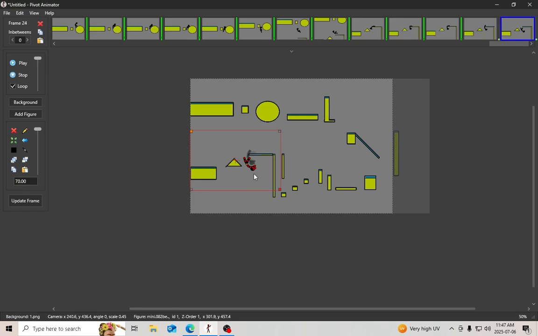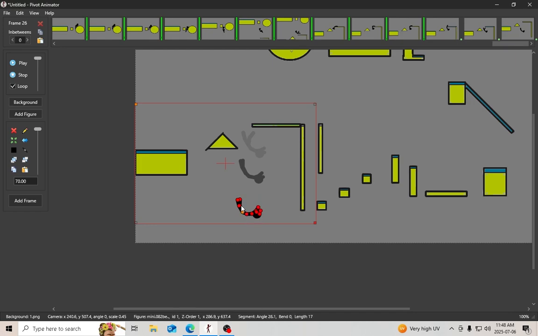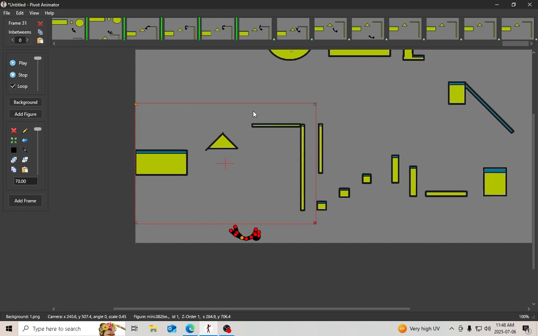I'll finish off the animation now, so this will only be a couple frames. So again, that one will have to be updated, so we're going to update it. Now what we're going to do is push the camera down so you can see him falling. And he's just going to start going down. You'll pick up speed. So the farther you move it away, you'll see that it looks like there's speed building. That's good, there's momentum. And then he falls off the camera. Okay? And then what we can do is just put a bunch of extra frames in there. Select them all. Add 2 in-betweens. Hit OK. So now when we play it back,